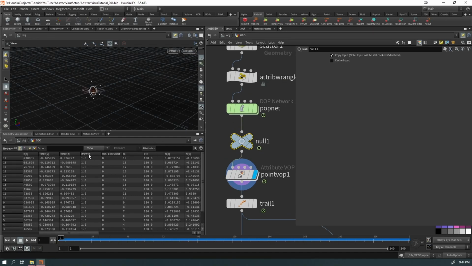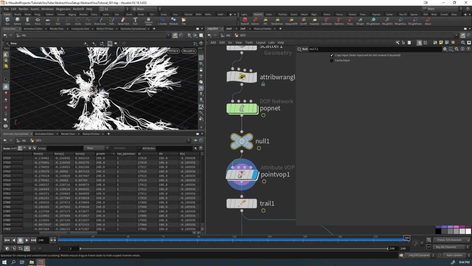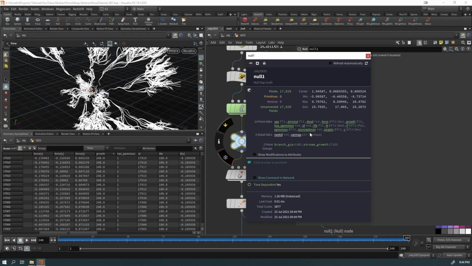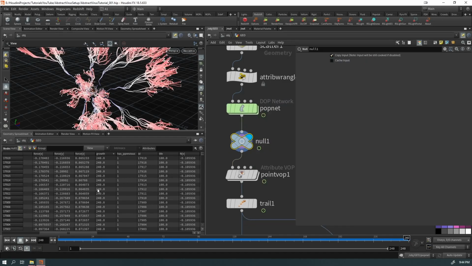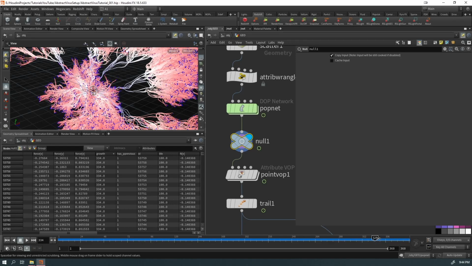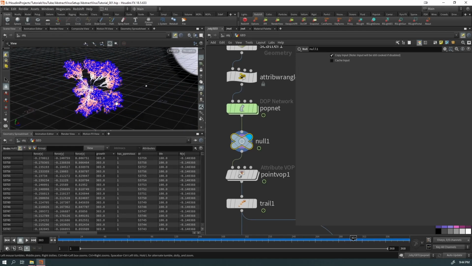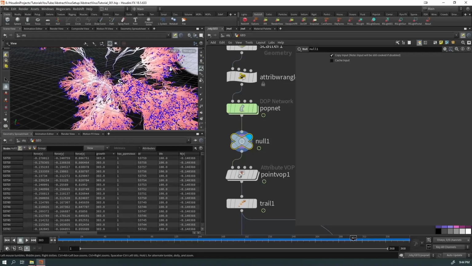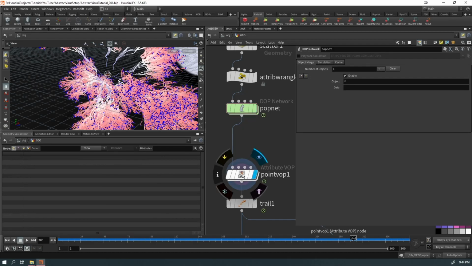Our growth attribute starts from 1, and as we get to the end, it's going to go to 240. Basically, if I change my timeline to 360, it's going to go to 360, as you can see, and it's getting very, very crowded in here. So yeah, it's equal to the number of frames that we have. Now, what can we do with that? We can just come to our point valve,